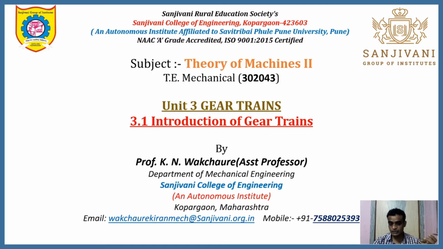We may change the velocity. There is a difference between the velocity and the velocity ratio, but we obtain a single velocity ratio in the gear train. This is the difference between the gear train and the gearbox. In gear trains, we connect a number of gears in such a way as to obtain the particular, required velocity ratio. For that, we use gear trains.